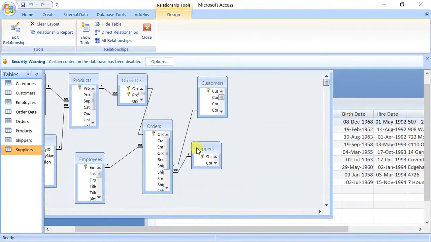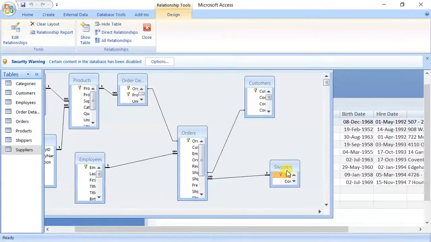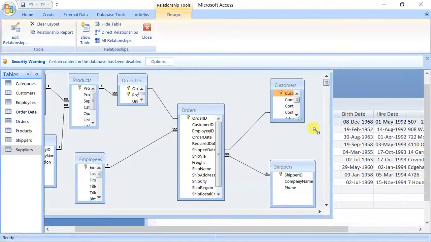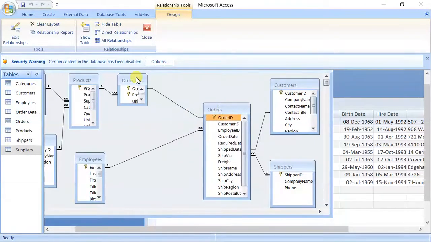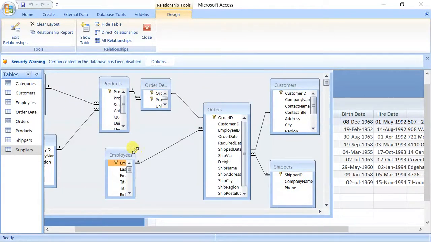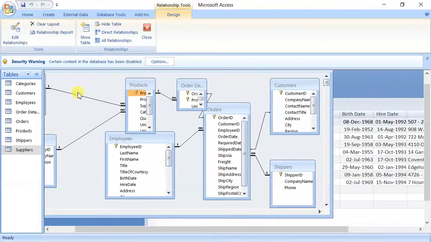You can see it: shipper table, order table, customer table. This is actually a conceptual diagram. You can see there are a total of 8 tables present. This is our employee table, with columns employee ID, last name, first name. The key symbol you are seeing here is the primary key symbol. You know what a primary key is? One to infinite is actually a one to many relationship, which we are going to learn in this ER diagram.